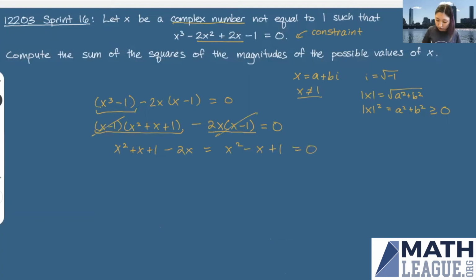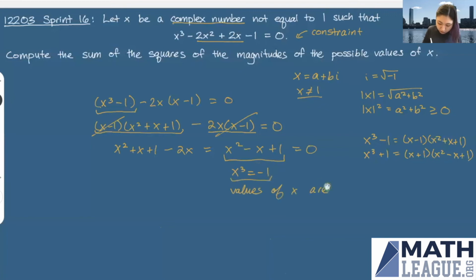Now, remember our difference of cubes. We had that x cubed minus 1 is equal to x minus 1 times x squared plus x plus 1. Now, this may remind us of what we have here, just a sign is flipped. And in fact, that will prompt us to use sum of cubes factorization, namely x cubed plus 1 is equal to x plus 1 times x squared minus x plus 1. So it's the same sort of factorization, it's just a different sign. So what that means is over here, both values of x satisfy x cubed is equal to -1. In other words, our values of x